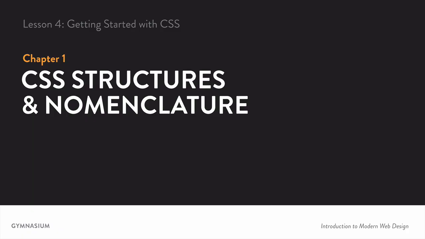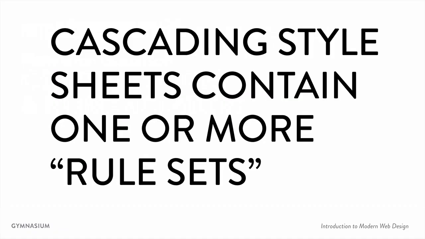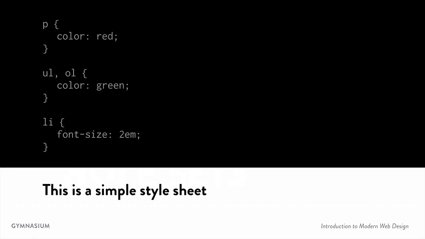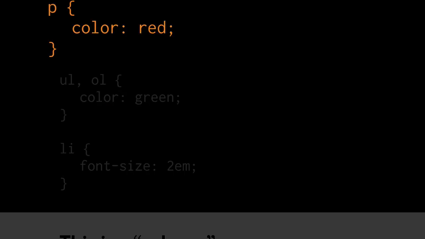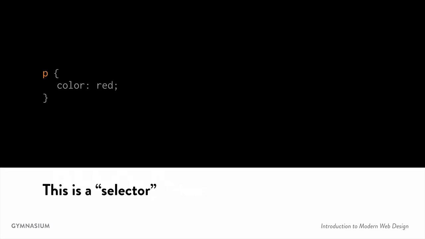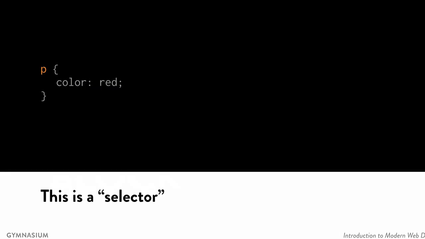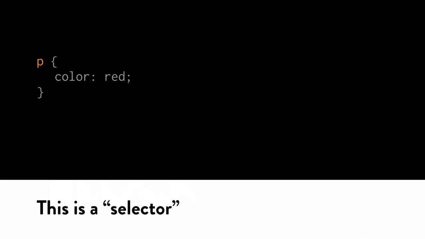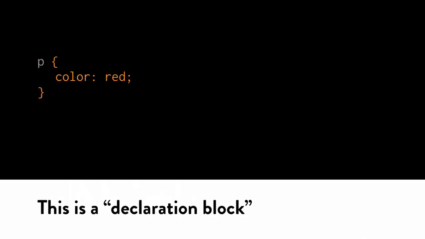Now, first of all, cascading style sheets contain one or more what are called rule sets. Here's an example of 3 rule sets in a very simple style sheet. The first rule set is highlighted here in orange. Now, a rule set has 2 parts, a selector and a declaration block. The selector is the bit that comes before the opening curly brace, here highlighted in orange, the P. The declaration block is highlighted here in orange and starts with the opening curly brace and finishes with the closing